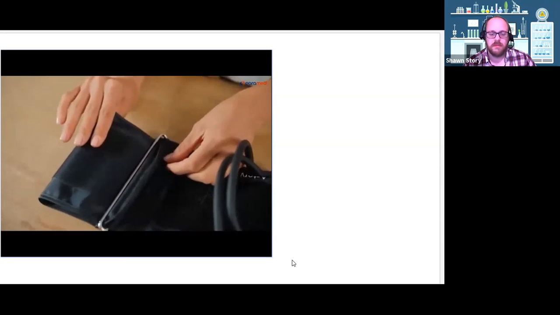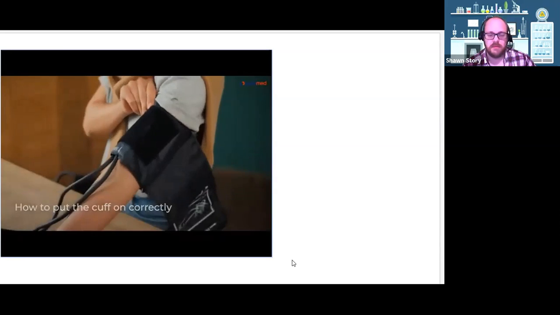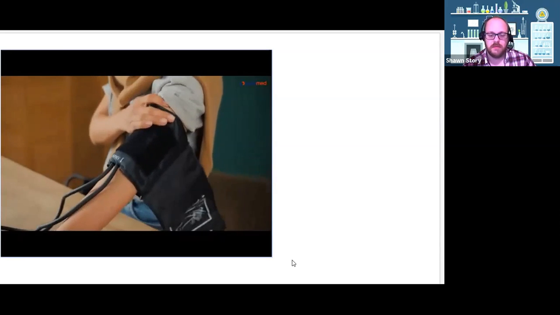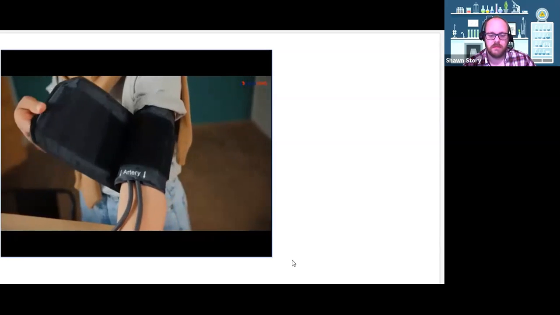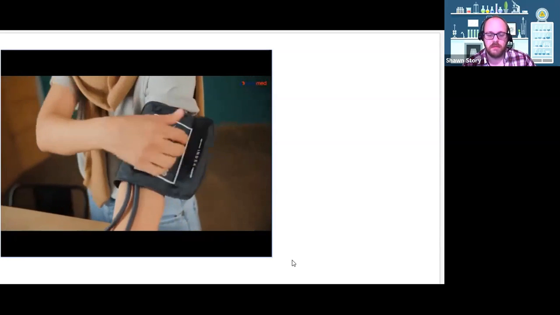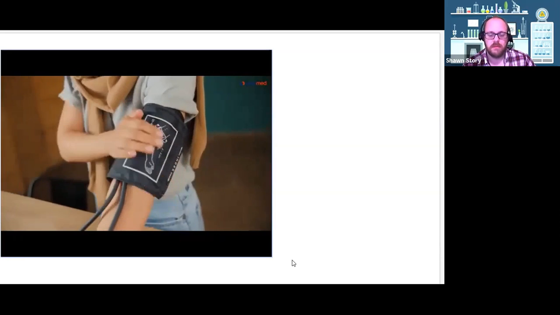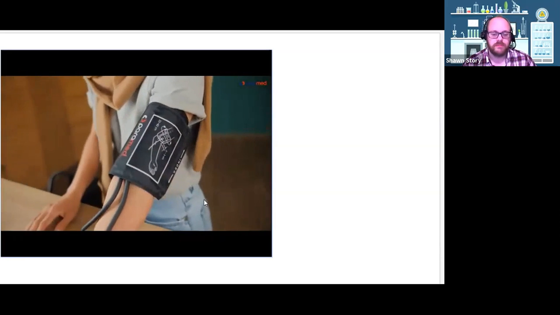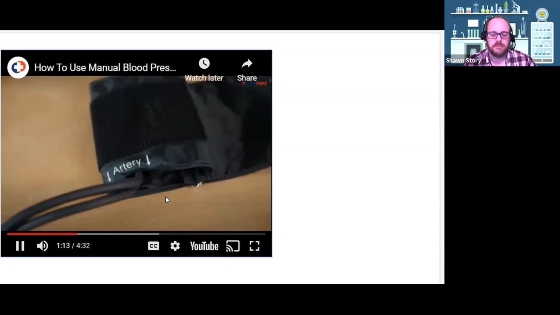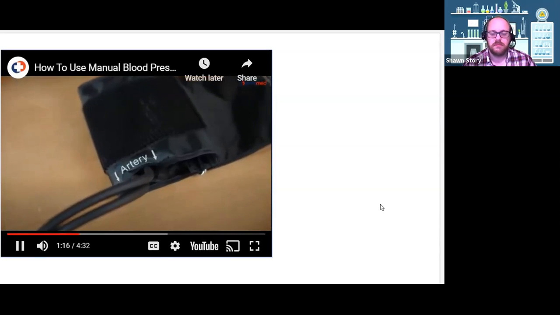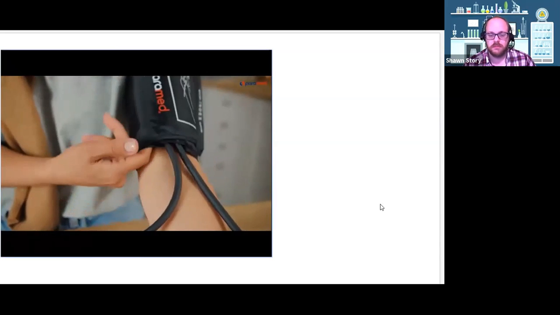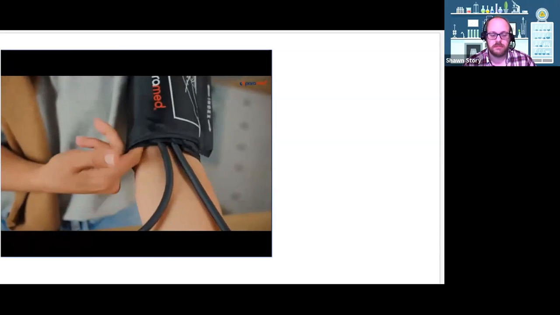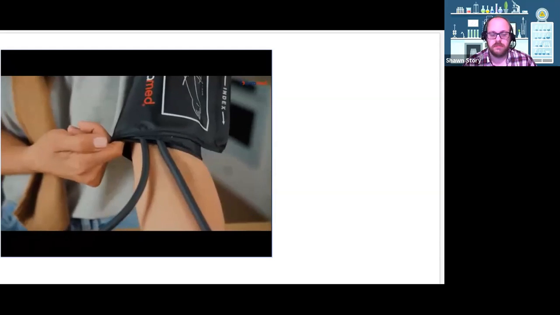How to put the cuff on correctly. You can put the cuff on your arm yourself or with someone's help. We recommend putting it on your left arm 2 to 3 centimeters, 1 inch, above your elbow. Pay attention to where the cuff's tubes are. They should run along the center of your arm. Look for the word artery on the cuff for orientation. Wrap the cuff around your arm so that you can fit one finger between the cuff and your arm